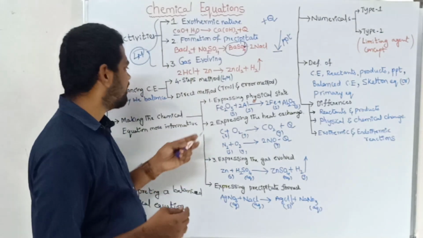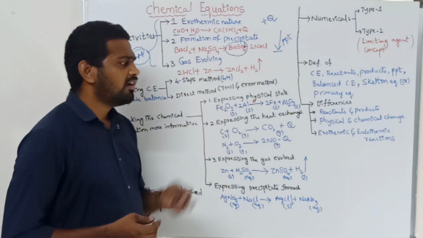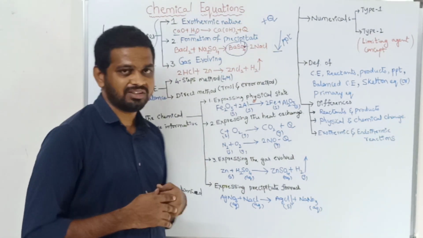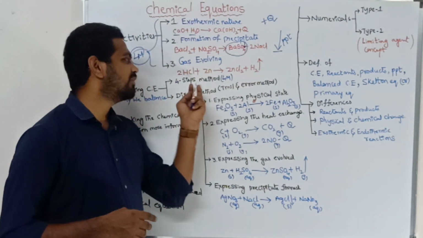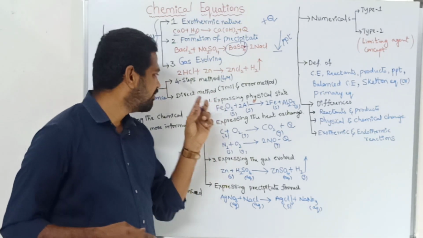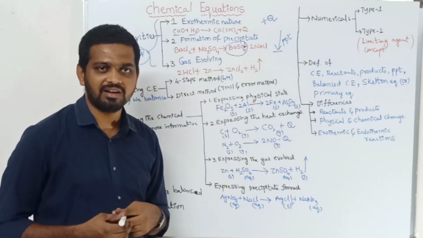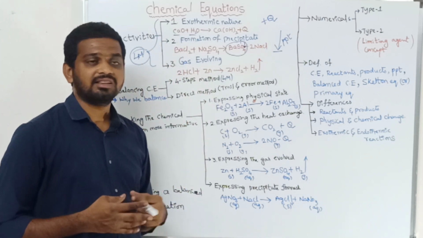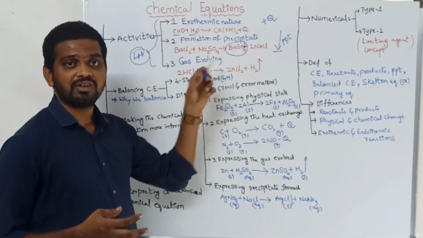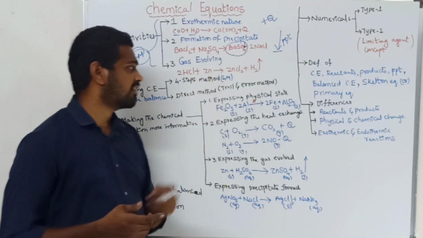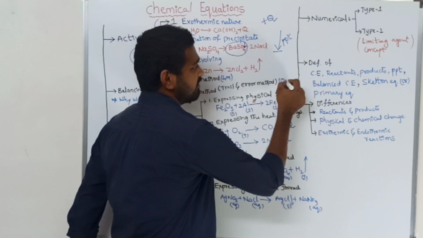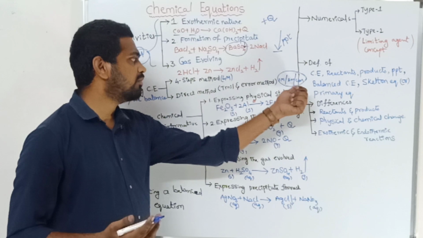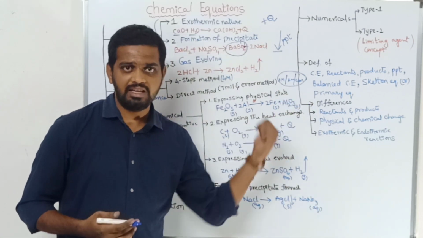Coming to the trial and error method. This is the direct method which you are going to use. Is it clear, children? In order to get the forced test method also, generally you use this direct method or trial and error method. From the exam point of view, the forced test method is going to be asked for 4 marks, and this direct method or trial and error method is going to be asked for 1 mark or 2 marks or 4 marks. If 4 marks, you will get 4 equations.